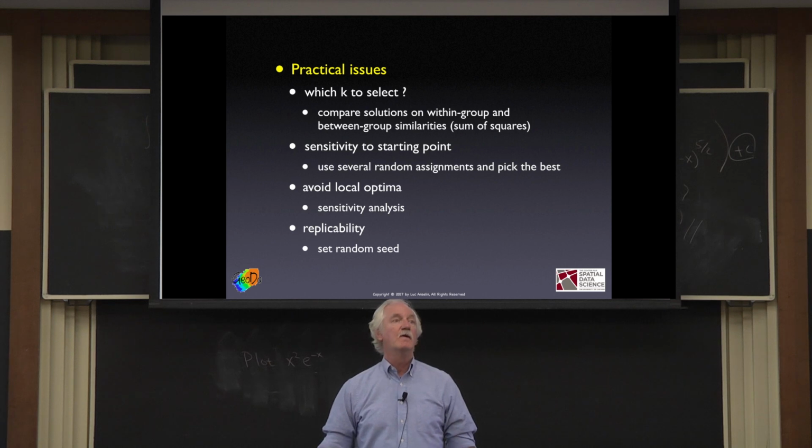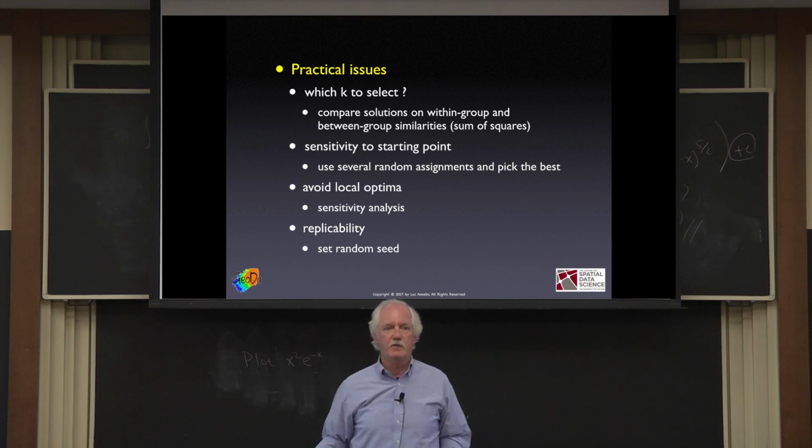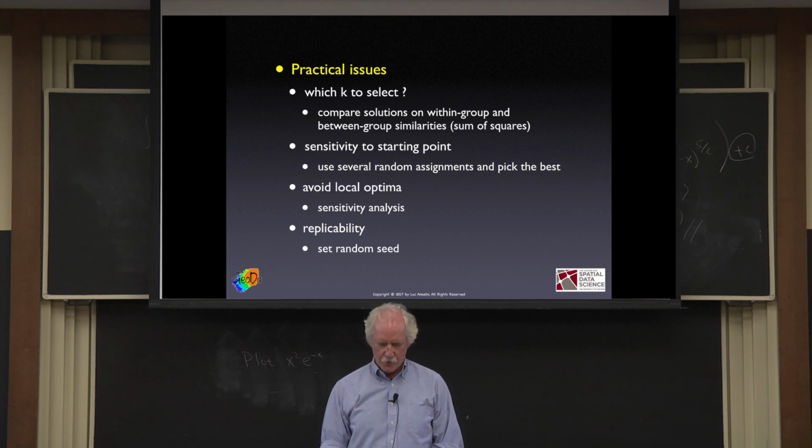So in practice, how many groups? We have a criterion, we can compare them on the criterion, but where do we stop? I mean, in the extreme, we end up with as many groups as observations, which kind of defeats the purpose, right? So where do we actually cut? This, as I mentioned, is sensitive to where you start. So typically you do many random assignments and then pick the best one. You have to do sensitivity analysis to make sure you're not stuck in a local optimum, and then if you want to have the same result each time, you have to control your random seeds. Just to illustrate this,